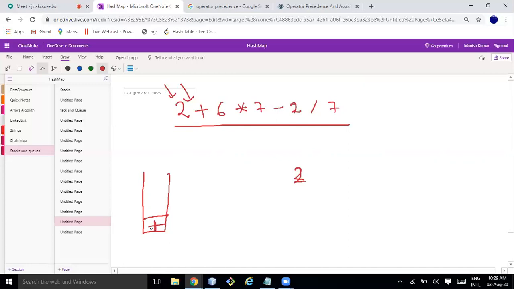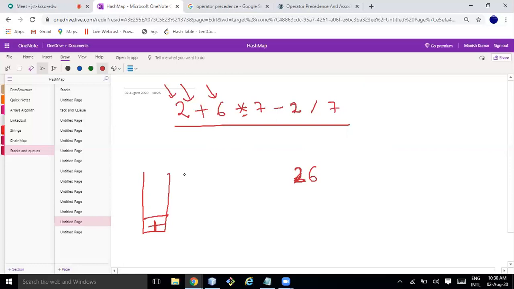I pushed it. Then I go to 6. Again I found an operand, so I write it. Now I found this star. I compare the precedence of this star with the plus.